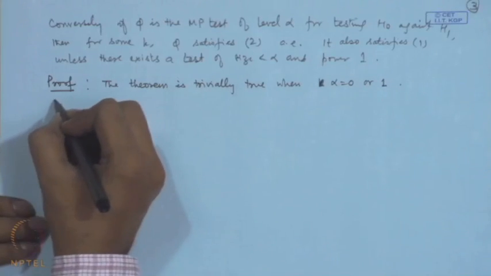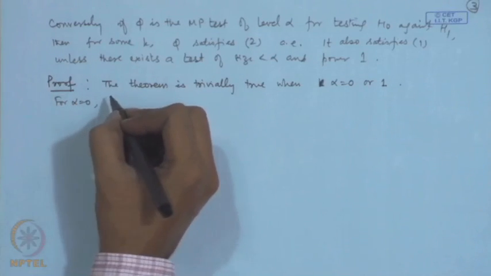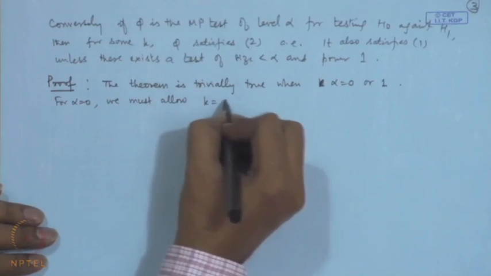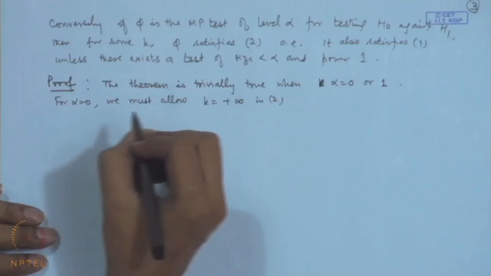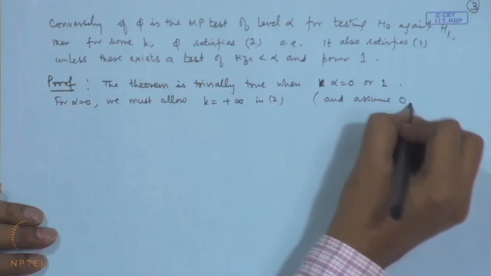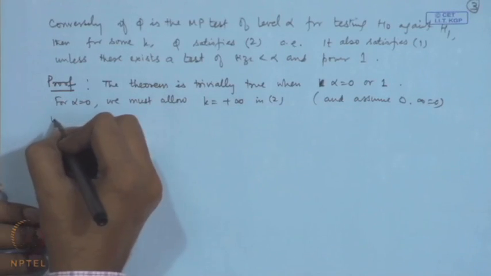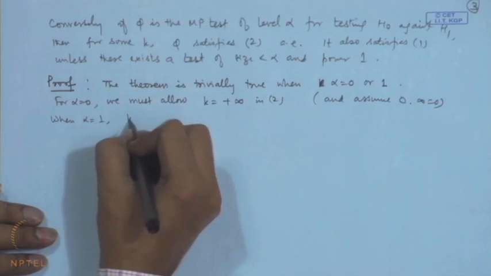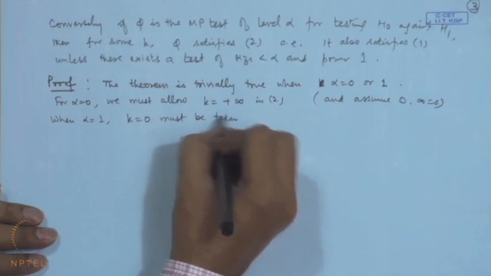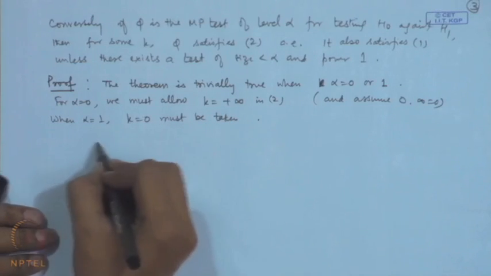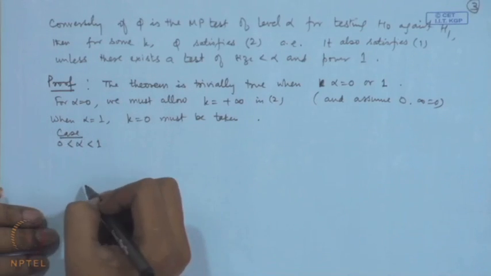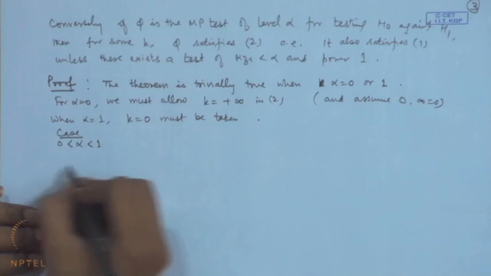So, we are saying that for alpha is equal to 0, we must allow k is equal to plus infinity in 2, and also assume 0 times infinity is equal to 0. When alpha is equal to 1, then k is equal to 0 must be taken. So, now we are considering the case when alpha is strictly between 0 and 1. Let us define a quantity,